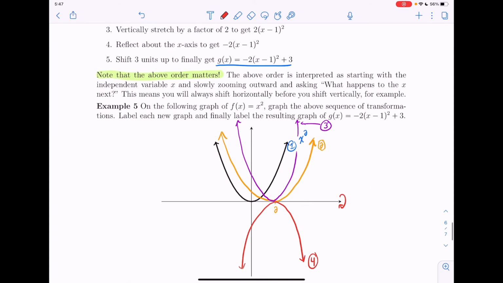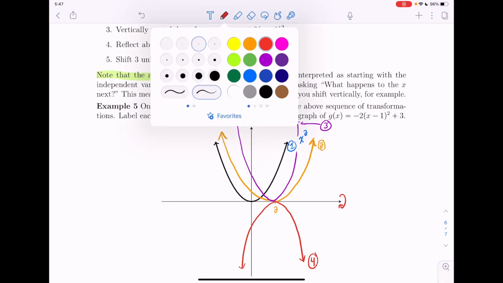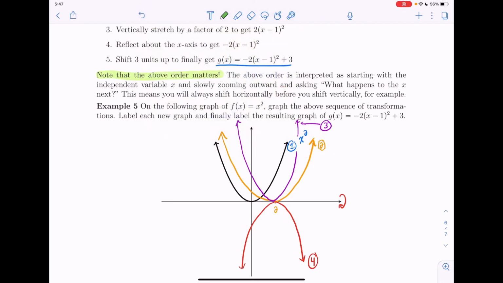And then finally, step 5 says shift 3 units up. And so we'll graph that maybe in green. And if we go a couple of units up, we might call this 3. We shift the red graph 3 units up, and it might look something like this. And that's step 5. And if you follow the sequence of steps, then this last option is always going to